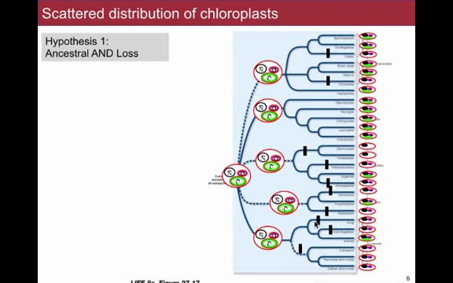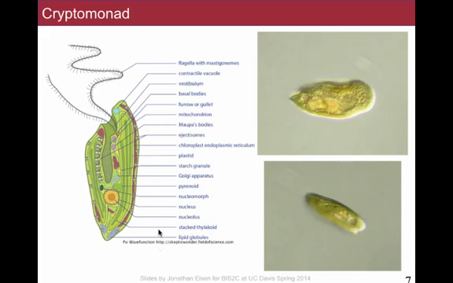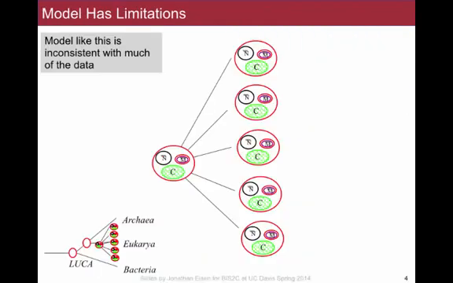And even if you proposed this and tried to test it, there's other data that doesn't support this ancestral presence of the chloroplast either. Proposing hundreds of loss events already seems a little strange, maybe not parsimonious. But another part of the biological information that led people to propose an alternative, that is, to not propose that the chloroplast was present in the common ancestor of all eukaryotes, is looking inside the cells of various eukaryotes that have chloroplasts. Some of them, those cells look